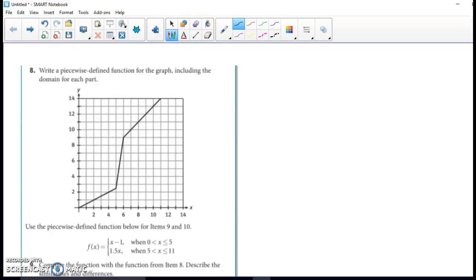Alright, so looking at piecewise functions, we're going to start by looking at number 8 here. We're going to write a piecewise defined function for the graph, including the domain for each part. So the domain is just our x coordinates, and then our range is our output or our y-axis coordinates. So when we start with this,